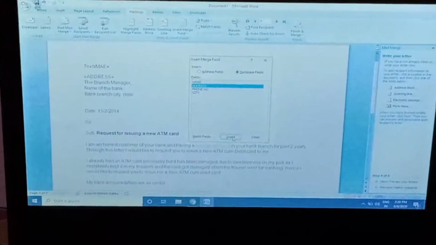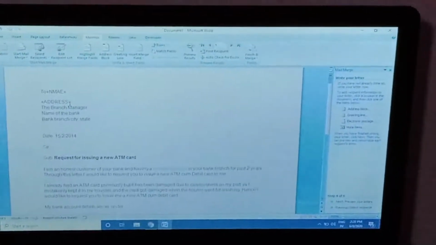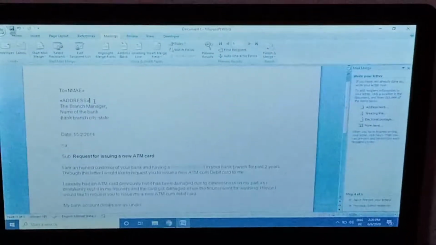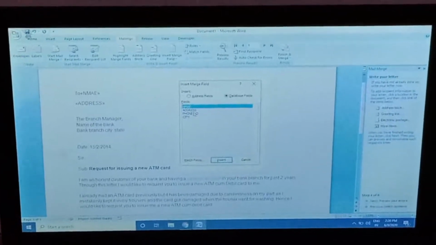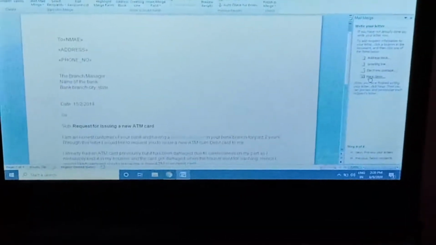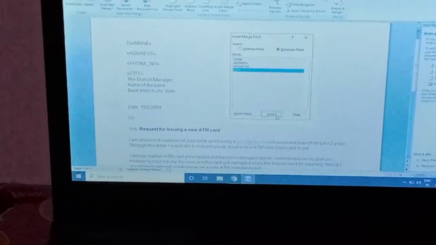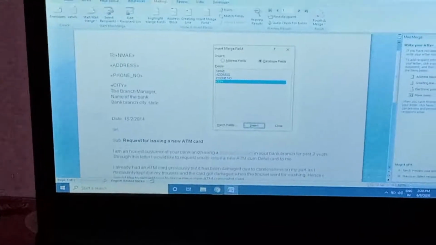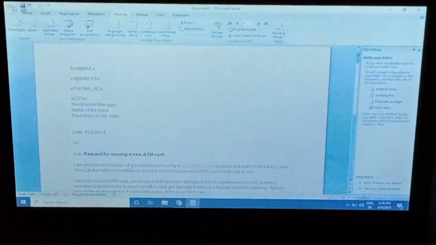You just click the address, again close, again press enter, and you go to the more item and phone number. Insert the phone number, and again press enter, and go to the more item and go to the city. You just click the city.